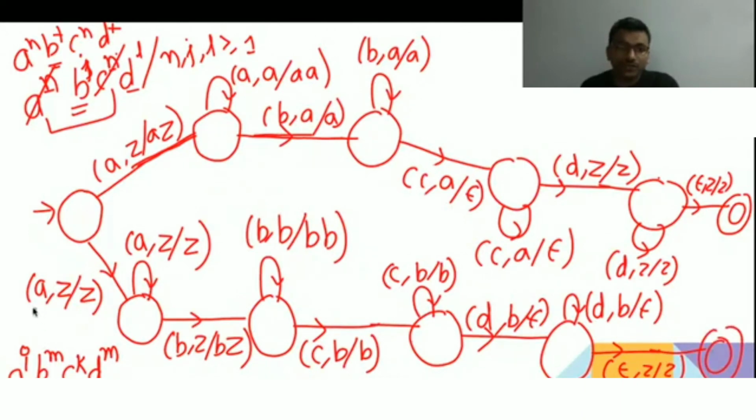And because of this transition, A on getting Z, it is going to more than one state. That's why it is non-deterministic. For that you will not be able to give a deterministic one. That's why it's non-deterministic. See, Q0 on getting A, top of the stack Z, it's going to Q1 also, and here it's going to this state also. Let me give the name. It's Q5. Okay, you can give any name. Please let me know whether it is clear or not.